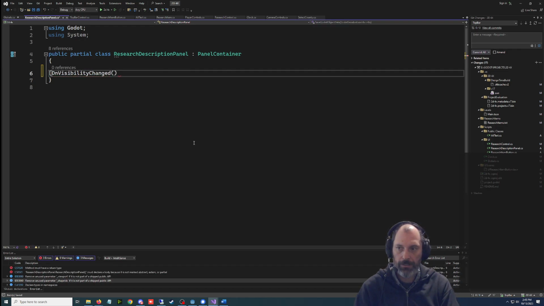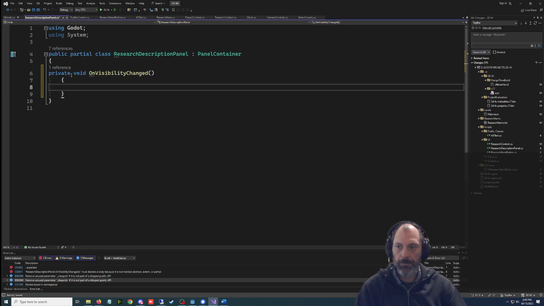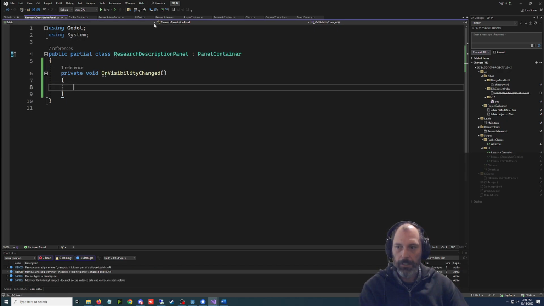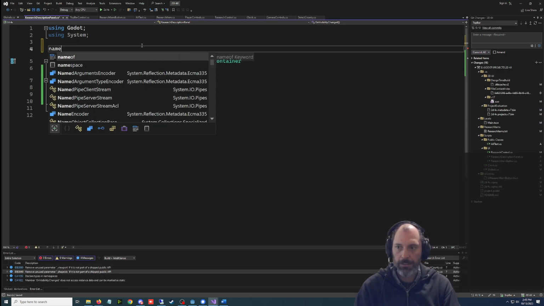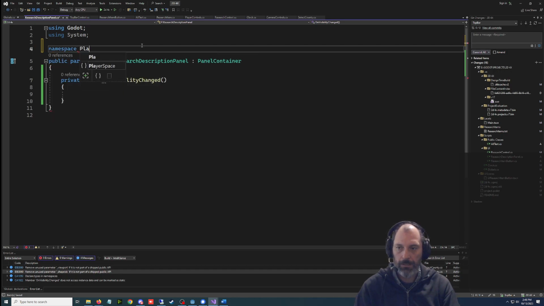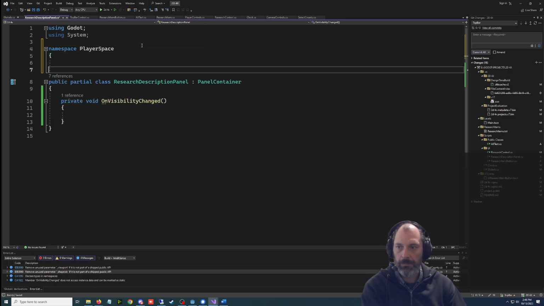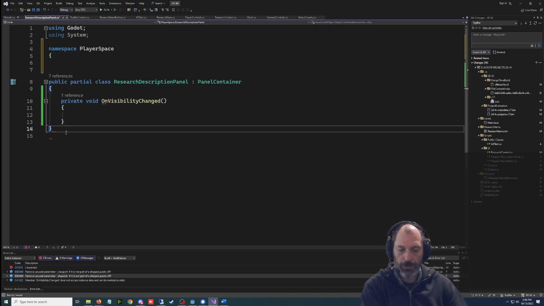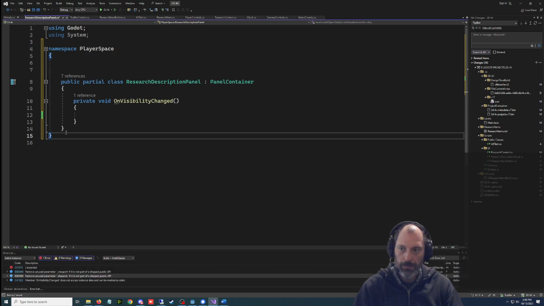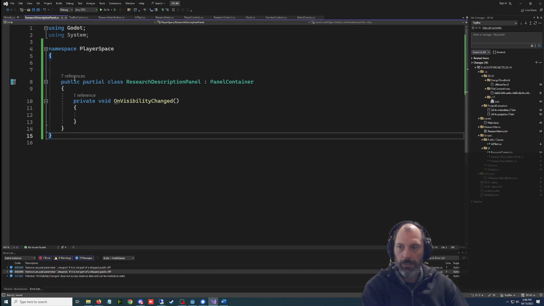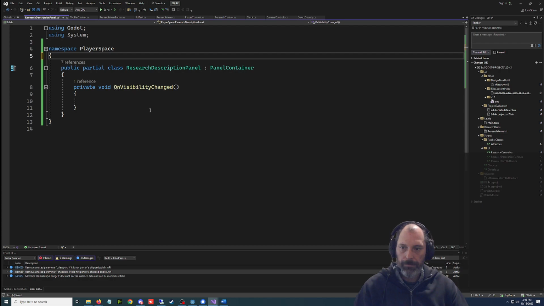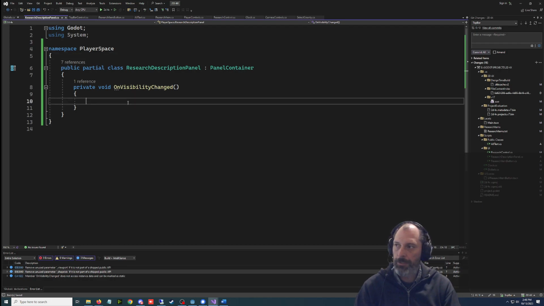We gotta do a private void, and I just messed this all up. And then we're gonna namespace this so it doesn't complain, because it likes to complain. Look at that, it said serializable. That's weird. Okay, there we go. And then on visibility change, we're going to